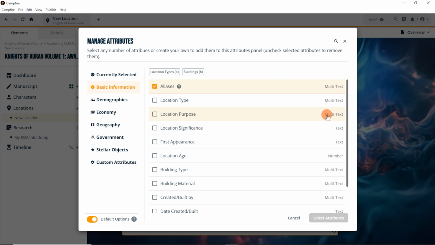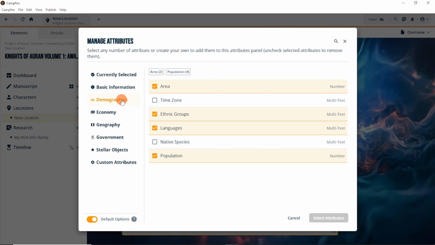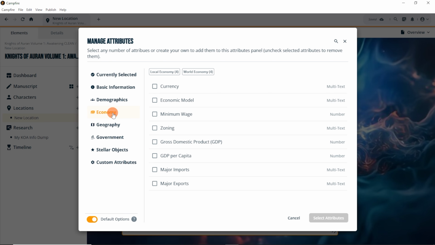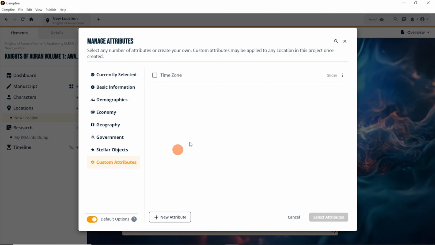So what we did was we went through the multiple text, and then location significance, you just put that information in, you put in the numbers. There is one where they have a slider. Let me see if I can find it. Oh, well, yeah, so custom attributes, this is a new one. This is something that I created to show an example of what a slider is, but